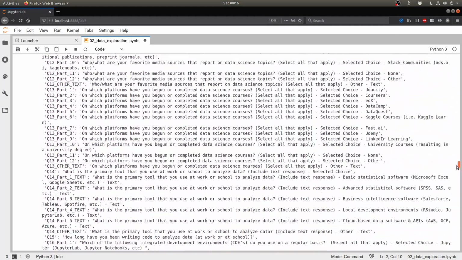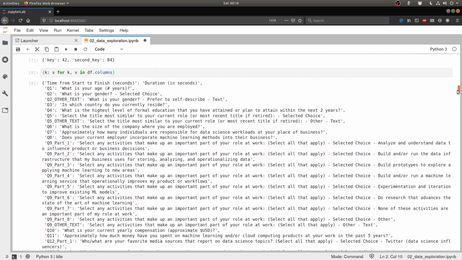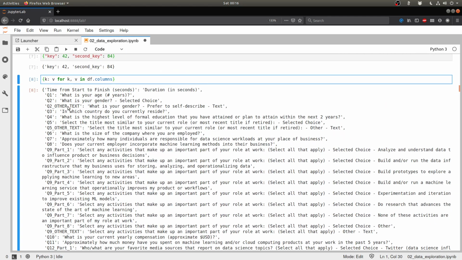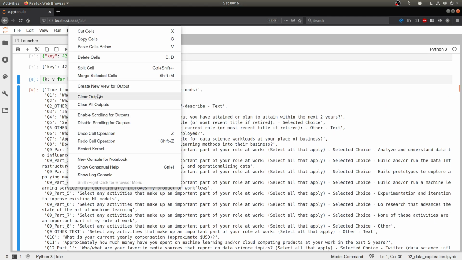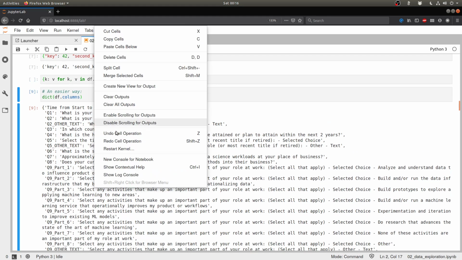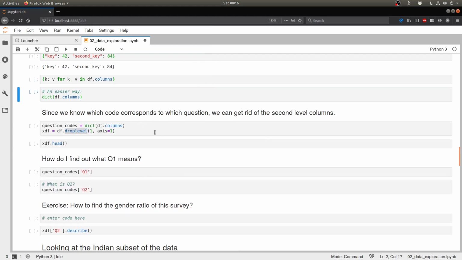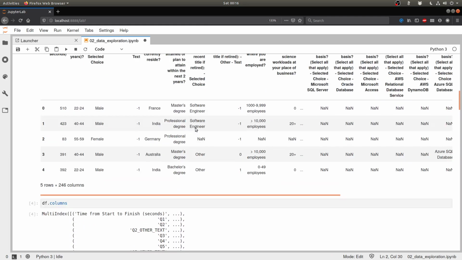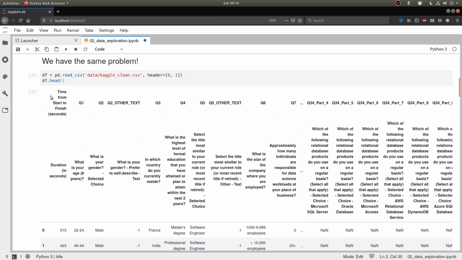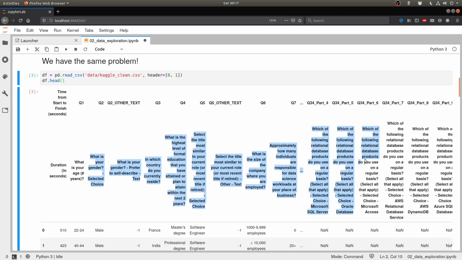If we go all the way back to our data frame, there's actually a lot of text here. What we can do is simply remove this. So I can say clear output, and here too I can say clear output. So we have a little more room to scroll around now. If we go back to the data, we see that my header is present in two levels. This is the first level and this is the second level. Now, obviously that means that this is the 0th level and this is the first level.